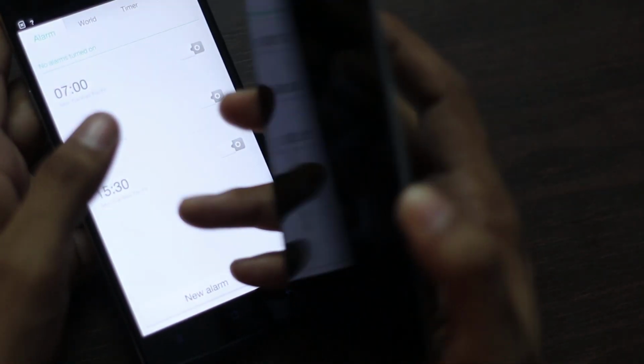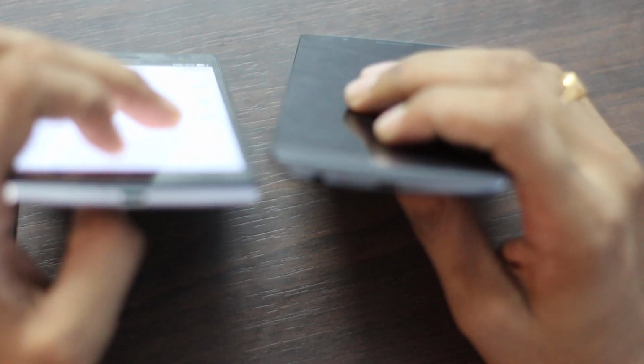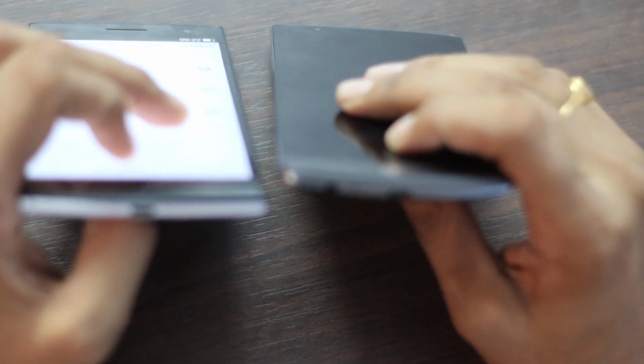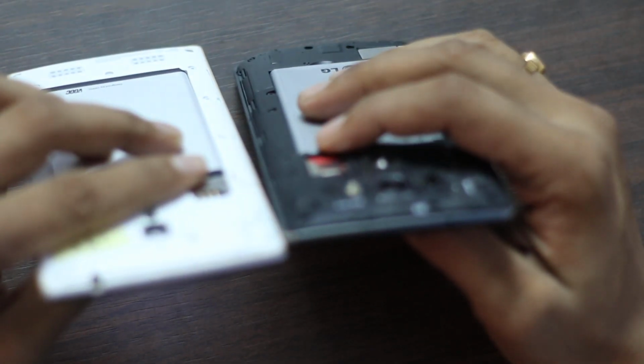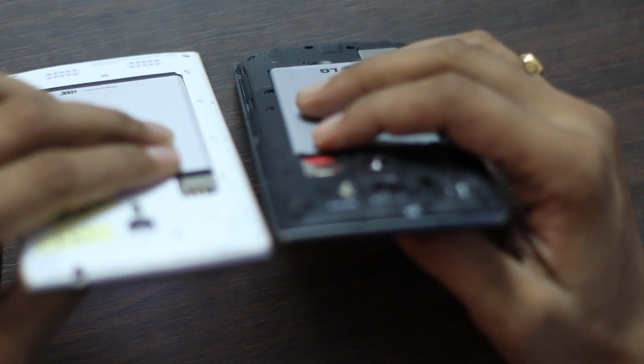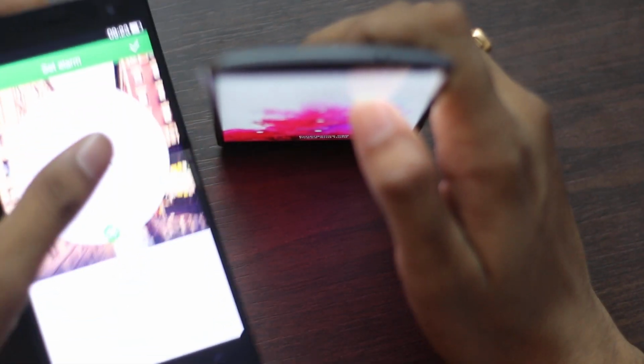There are no physical buttons on the front of the LG G3. The only physical buttons are available at the back, whereas on the Oppo Find 7 there is a volume up button on the right hand side and a power key on the left hand side. At the bottom, it has a micro USB slot for charging and a microphone. On LG G3, it has a micro USB slot, 3.5 mm audio jack and microphone at the bottom. On the top, on Oppo Find 7, there is a 3.5 mm audio jack, while on LG G3 there is a microphone and a sensor.